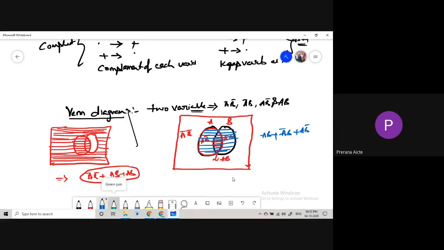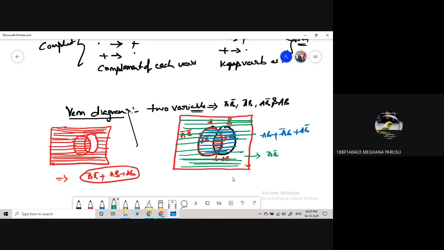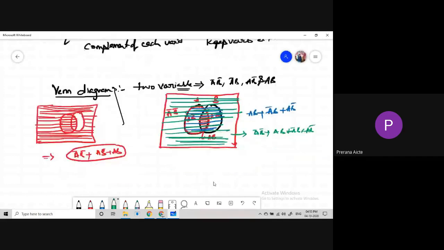Similarly, if the question will be like this, at that time we get an expression, taking all the terms here, right? A bar B bar plus AB plus A bar B plus AB bar. By using this type of Venn diagram also we get the exact result. Similarly, if you are using three variables,